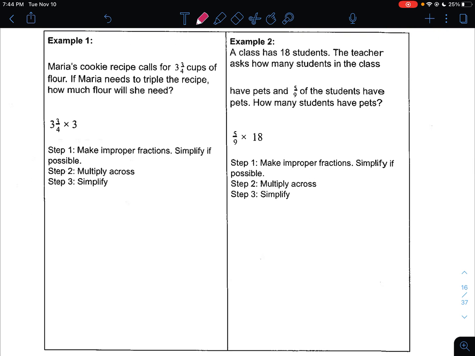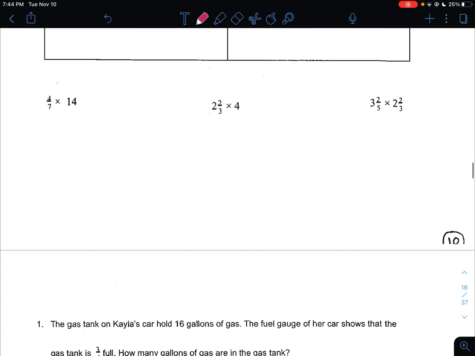So today we're going to do two examples of word problems. One has mixed numbers and then one has whole numbers. So example 1 says that Maria's cookie recipe calls for 3 3/4 cups of flour, which, pause, by the way,